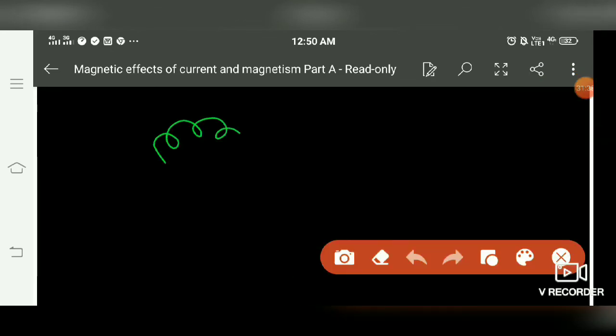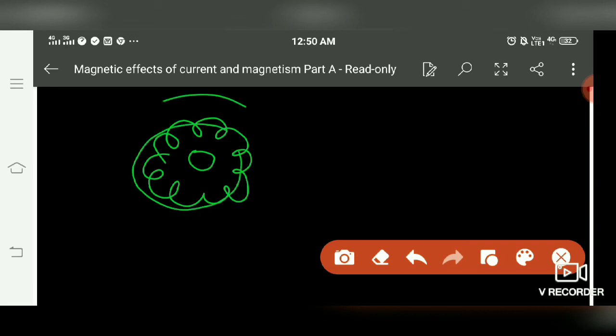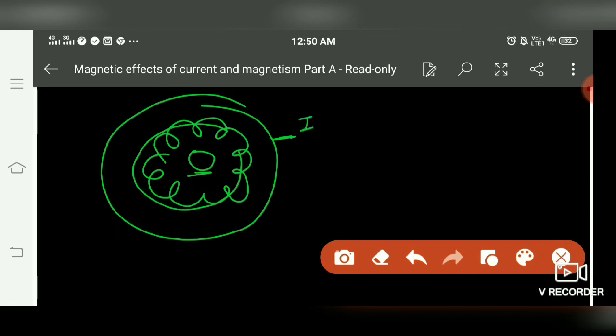Say we have a toroid. A toroid is what? If a solenoid gets closed by attaching the two ends like this, then it will become a toroid. So in the case of toroid, we use 3 loops, like the first loop inside, the second loop across this, and the third outside. For the inside and outside, the magnetic field contribution is 0 because there is no current for this loop. Only this loop has some current.